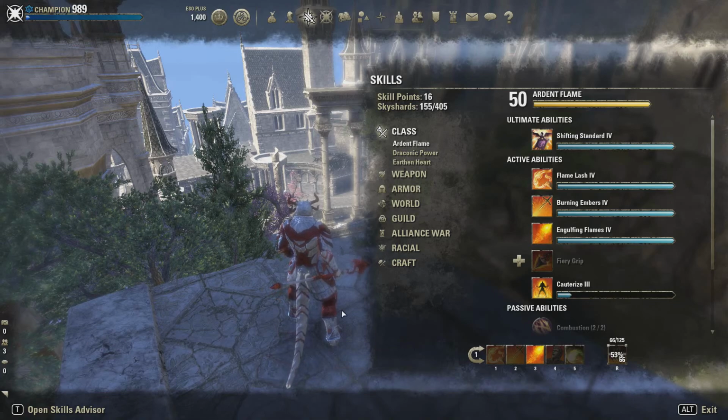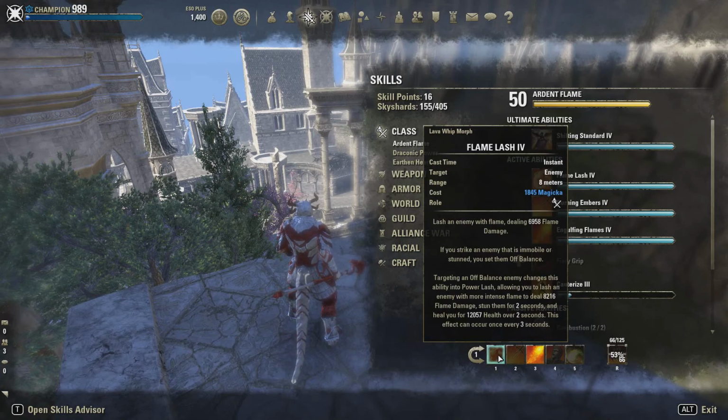So for our main bar with the fire staff, we've got Flame Lash. The reason why we have Lash is because of the second thing it says. It says, if you strike an enemy that is immobile or stunned, you set them off balance. And then it says, targeting an off-balance enemy changes this ability into a power lash, allowing you to lash an